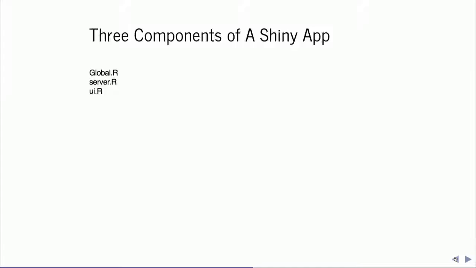So there are three components of a Shiny app. Historically, these were separate scripts that then had to be compiled. Now they all come together in one script where you define these three things. One's called the global part of the script. That's where you define variables that you might want to work with in both the user interface, what the user is seeing on their screen, and also what types of analysis the app itself is doing. If it's producing a visualization, what data is it loading and how is it analyzing it? What type of visualization is it doing, a ggplot or what, right?